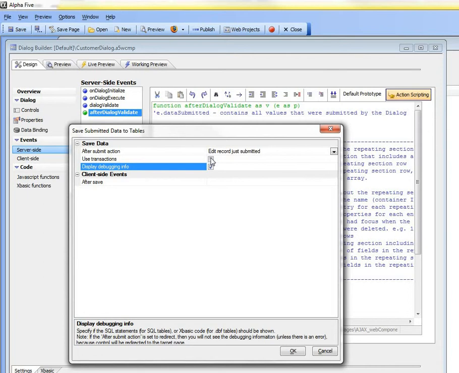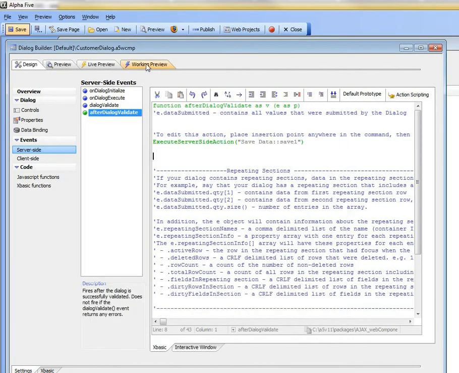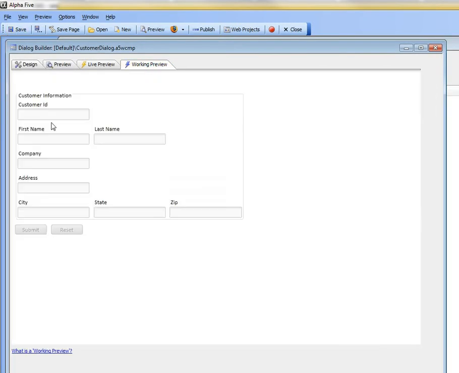In that case you basically want to use transactions, because if there's an error anywhere in the process of writing to any of the tables, you want to undo everything and abort the whole action. You don't want to leave data entered into the invoice header, for example, but no data in the invoice items. So transactions become important. But let's go ahead now and click OK, save this away, go now to working preview,